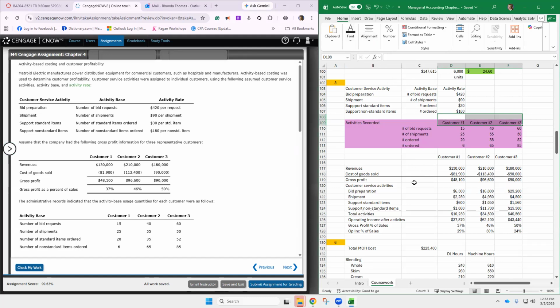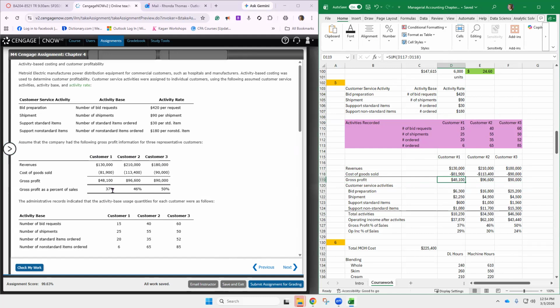We're going to keep customer 1 in this column, and customer 2 and customer 3. Now all you have to do is put this information. So put the first 3 lines in a table, and be sure to put in the negative for the cost of goods sold so that you can calculate the